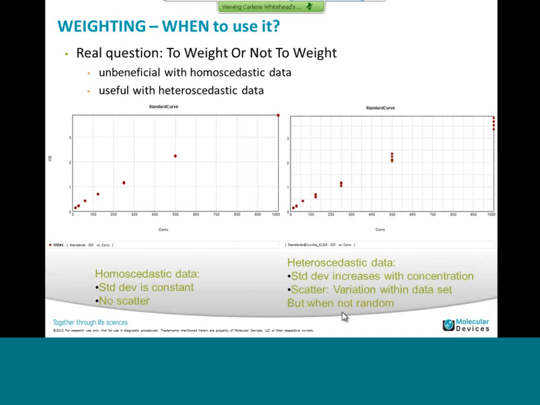For example, on your left, I have a case where my standard deviation is constant, and therefore my data do not generate any scatter. This is a case of homoscedastic data, and for this type of data, weighting is not going to be beneficial at all. However, on the graph on my right, the standard deviation is increasing with my concentration, and therefore I am generating a scatter, a variation within my data set,